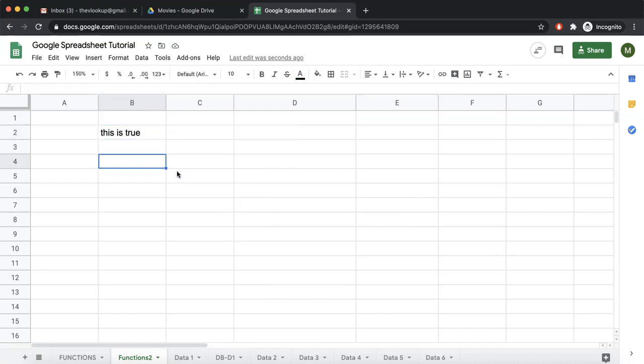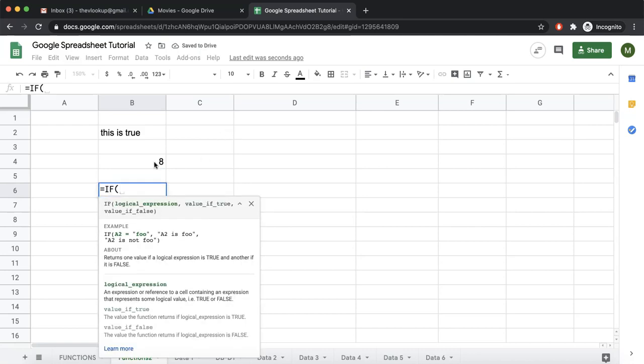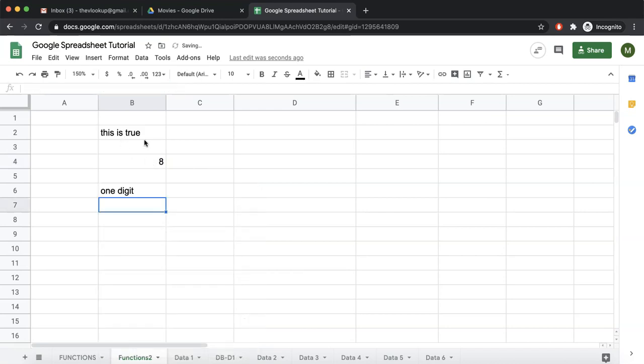Let's say I write over here equal to IF this number is greater than 10, then we say 2 digits, else 1 digit. Now if I write over here 12, this says 2 digits.